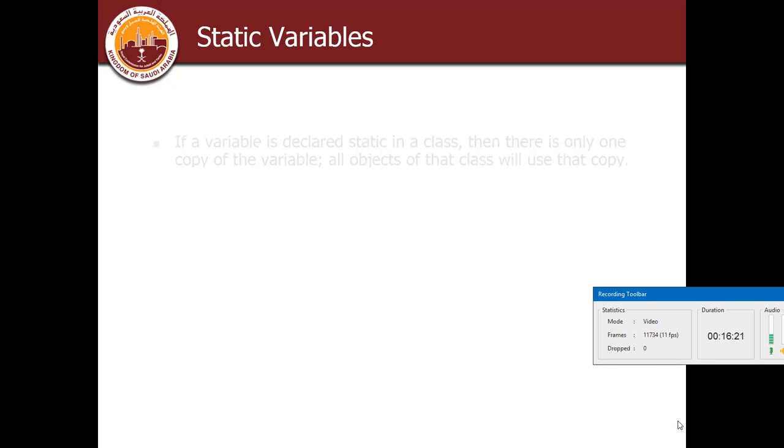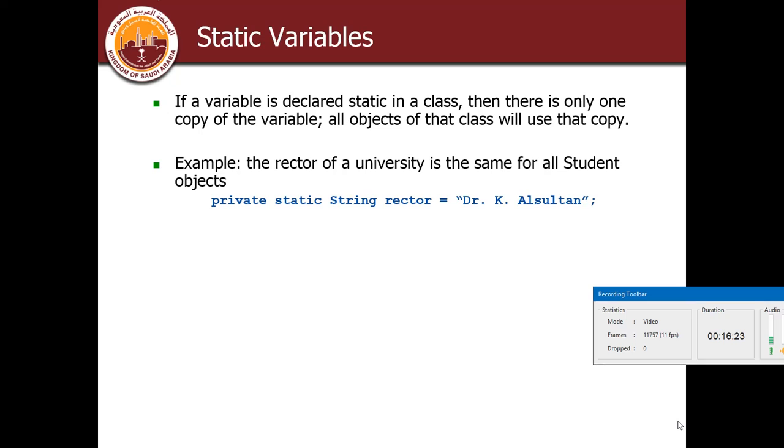Alright, so now I guess the concept of static members must be clear to you. A class can have static variables as well as static methods. A static variable is a variable that belongs to a class as a whole and not to one object. Each object has its own copy of the instance variable. However, for a static variable, there is only one copy and all objects can use this variable. So a static variable can be used by the objects to communicate with each other.